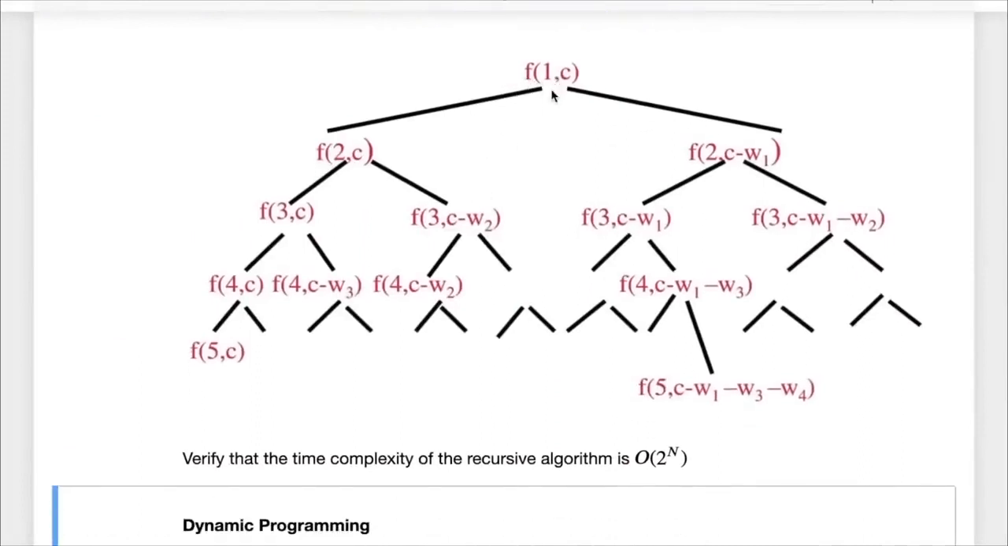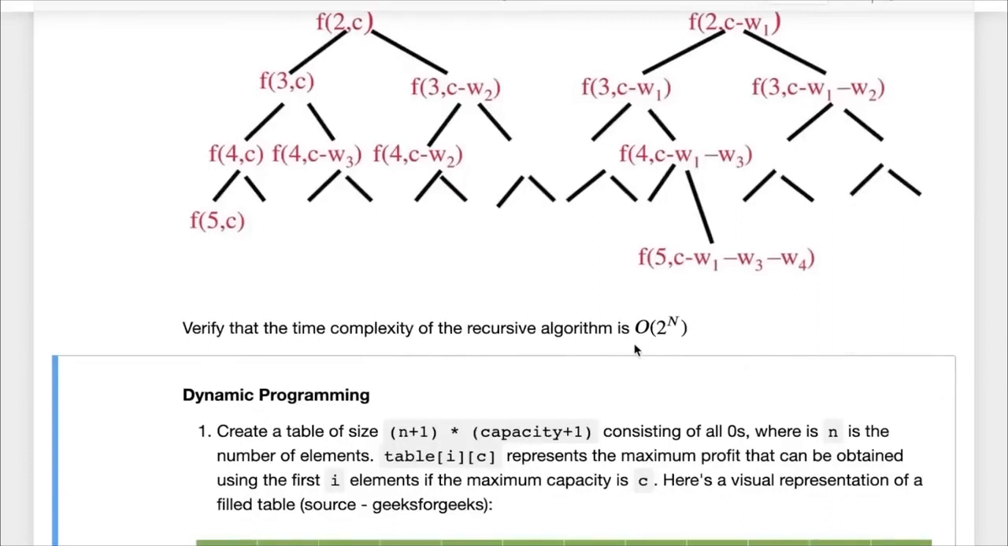Each time we make a choice to either include the element or not include the element. And now you can reason the complexity very easily, because now we have n elements. For each one we keep making this choice. So that means we end up with 2 to the power n leaves. And from there it follows that the complexity of the recursive algorithm is order of 2 to the power n,